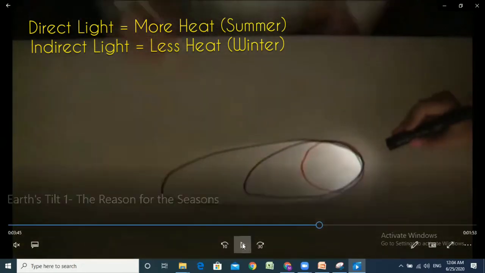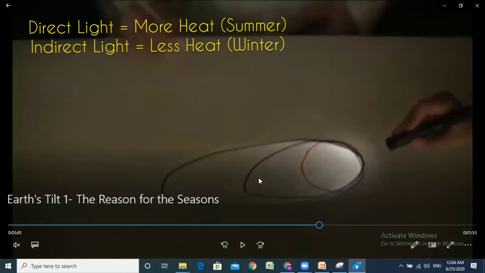Look at this. Now here even less light I'm getting on this part as compared to this, so here it will be more cold. There is light but it will be colder than here. I hope you have understood what indirect and direct sunlight means. जब हमारे पास direct sunlight है तो ज्यादा गर्मी है, और जब indirect sunlight है तो हमारे पास ठंडी है, ठीक है, just remember this much.